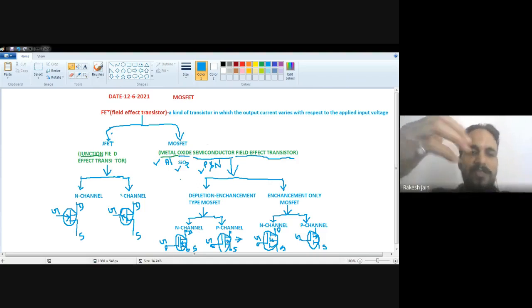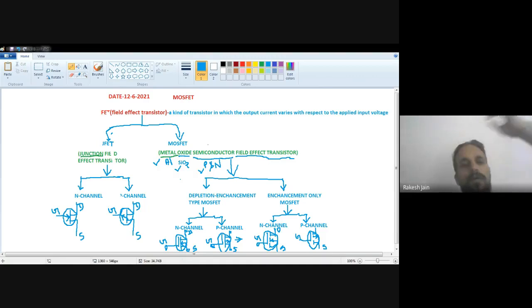And in this MS Paint file, I just showed you the symbols of those MOSFETs. Now we are going to see the basic construction of MOSFET. Let's suppose I want to build an n-channel MOSFET. Now how will I build it? Now see this MS Paint file, construction of an n-channel MOSFET.